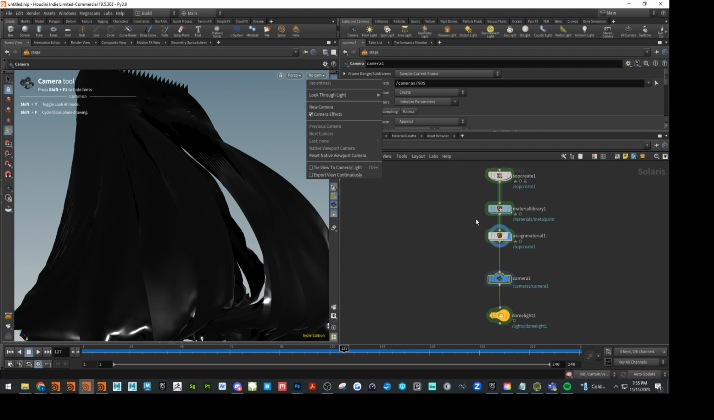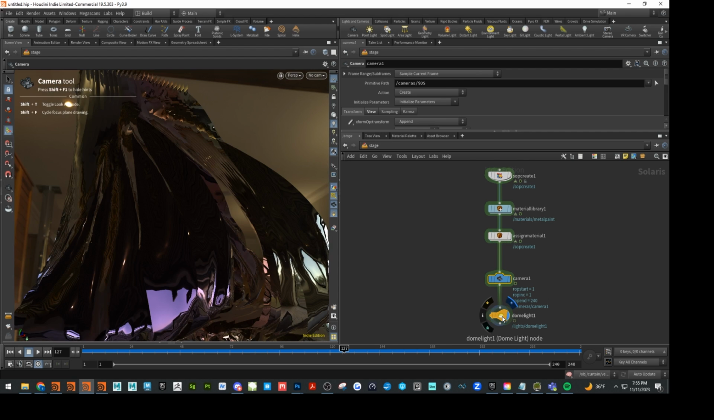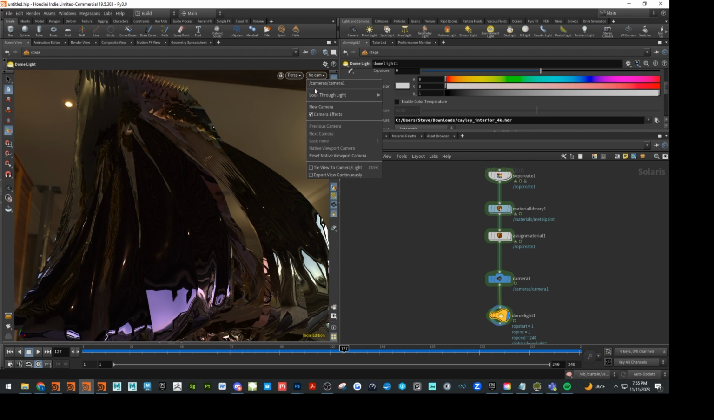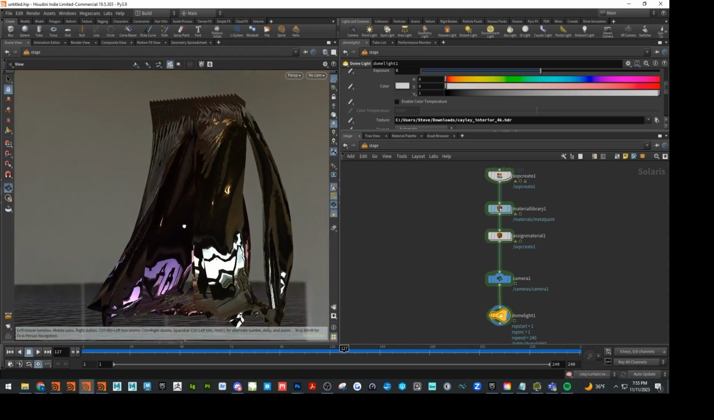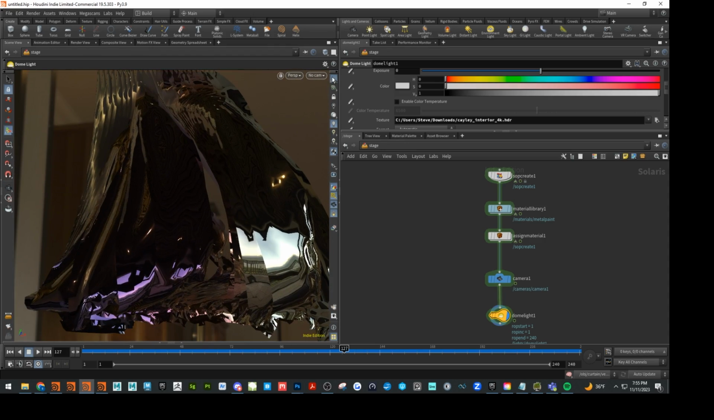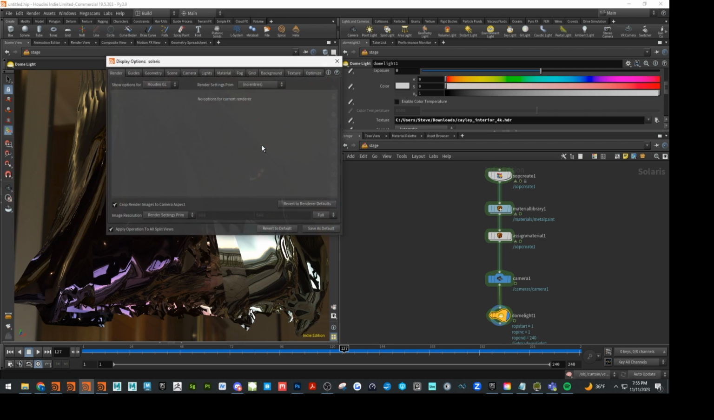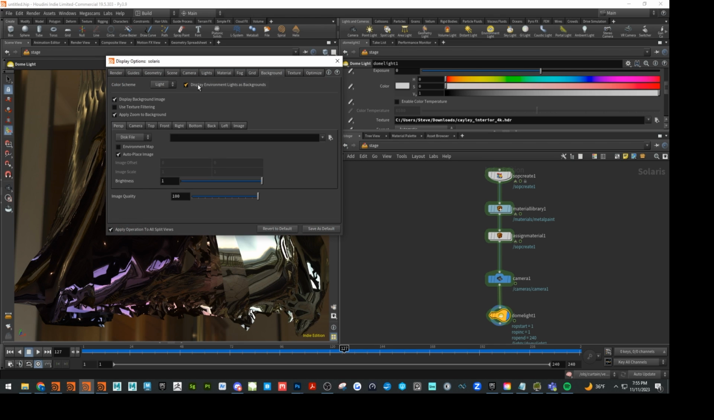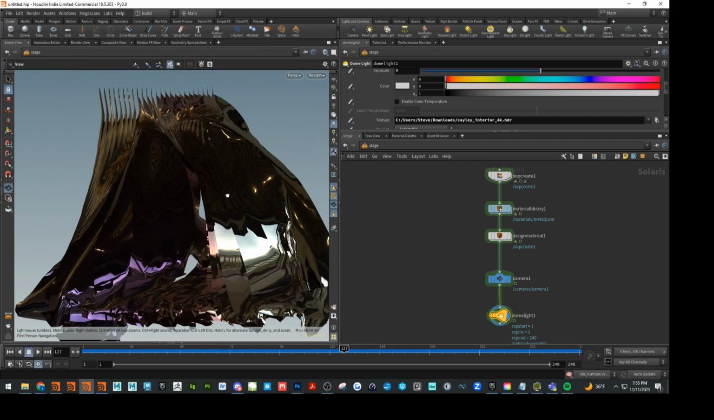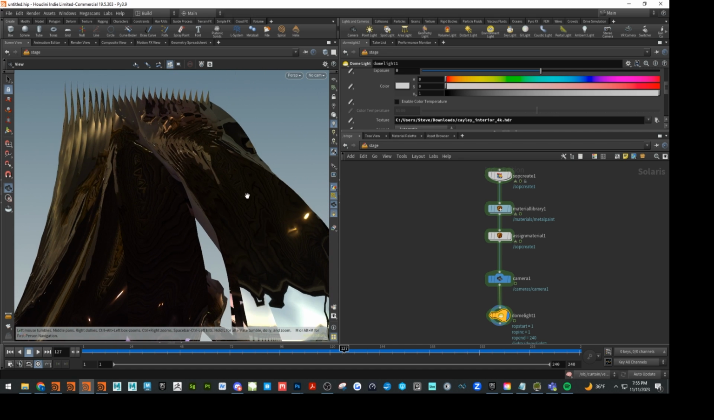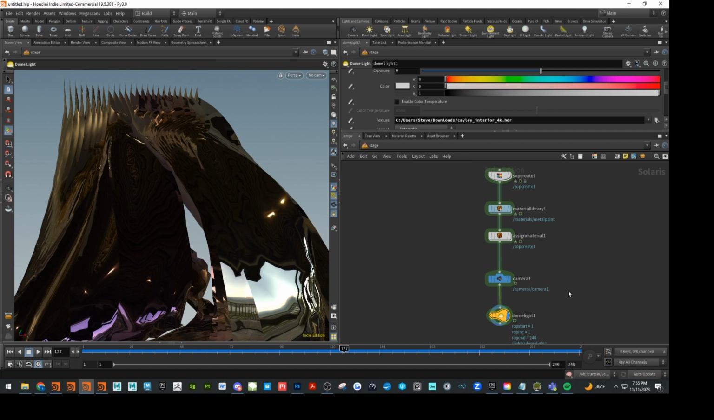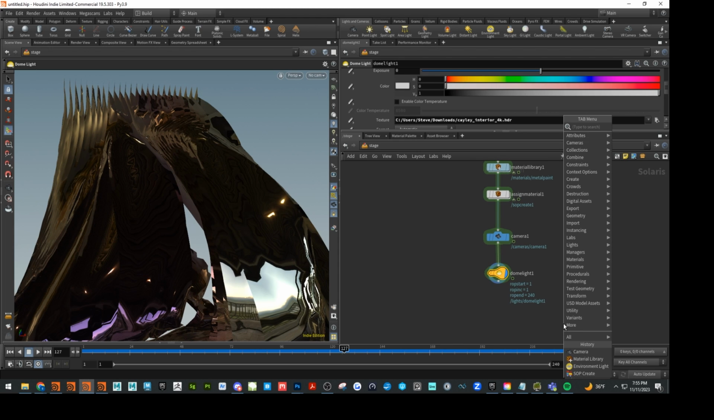And let's go down to our light, camera. Turn that off. I'm going to hit D for display, go to background, and disable environment lights in the background. Now we get this. So let's go ahead, and one last note we want to drop down is the camera settings